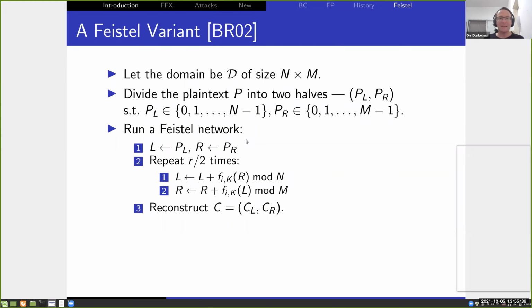Okay. And the final construction, you take the domain D and divide, and let's assume it's n times m, and you just take the plaintext P and you divide it into two halves. One of them is from Zn, the second one is from Zm, and you just run,